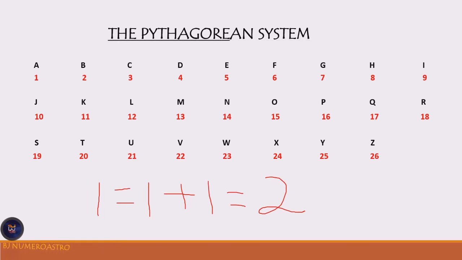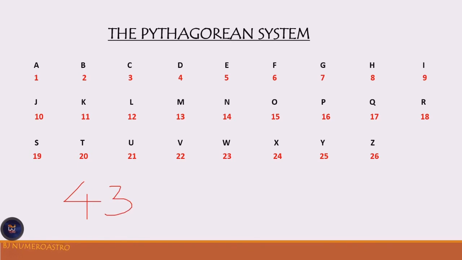Okay, so let me take another one. Let's say 4, 3, 2, 1. What is 4, 3, 2, 1 in numerology? There is nothing like 4, 3, 2, 1, because what numerology wants us to do is reduce it to a single digit, and it's as simple as ABC. So just sum the first one plus the second one plus the third one and plus the last one, so it will now be equal to